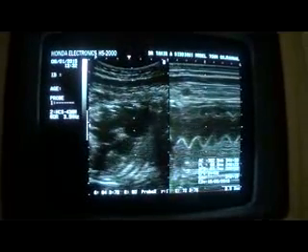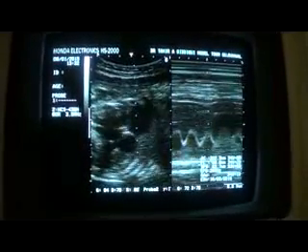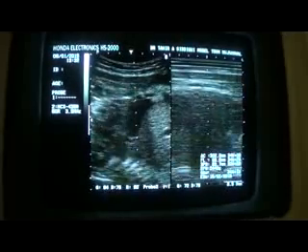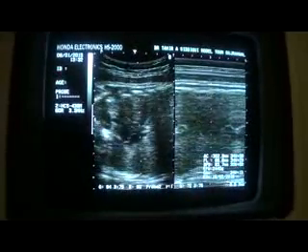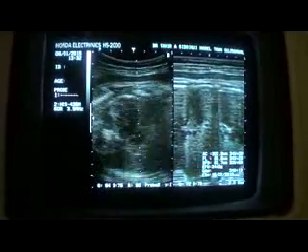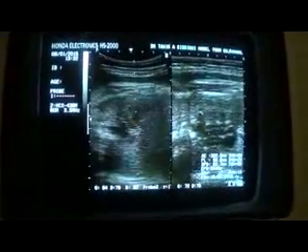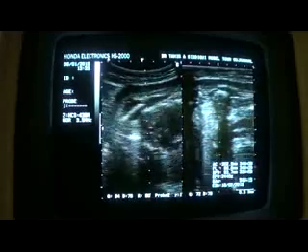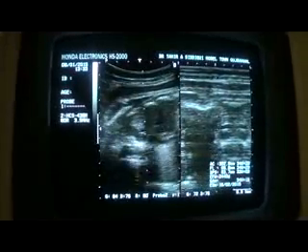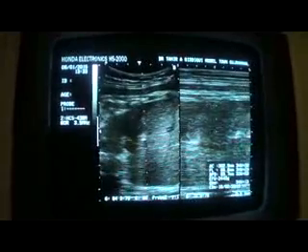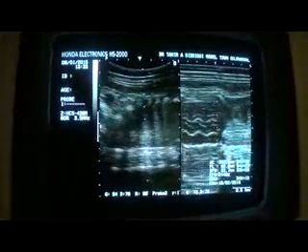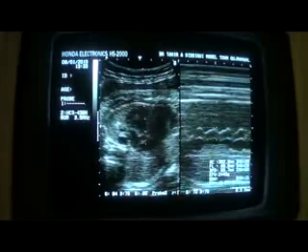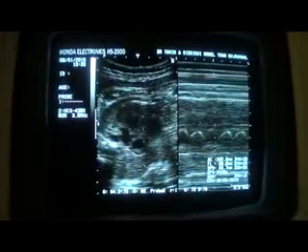Now, one of the questions asked by me was how to get the fetal heart rate. It's very easy. See the head of the fetus, then you will see the neck, and then you will see a flickering area. That will be the heart, and then try to get the full temporal view of the heart as you are seeing here.